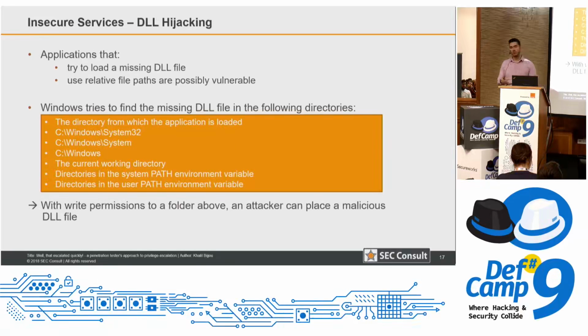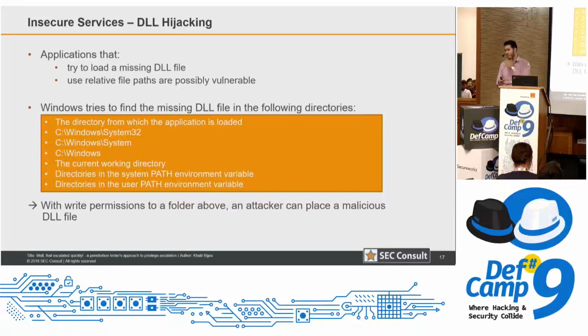So what does Windows do if a DLL file is missing? It tries to search for the DLL in certain folders. It starts with the applications folder, then goes to C:\Windows\System32, C:\Windows\System, C:\Windows, and then the current working directory. And after that, it searches for the DLL file in all the directories that are in